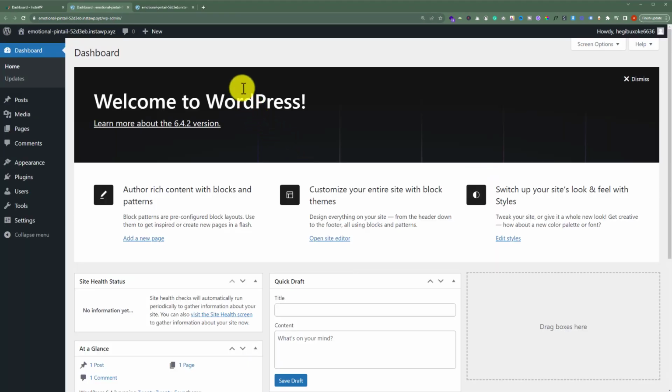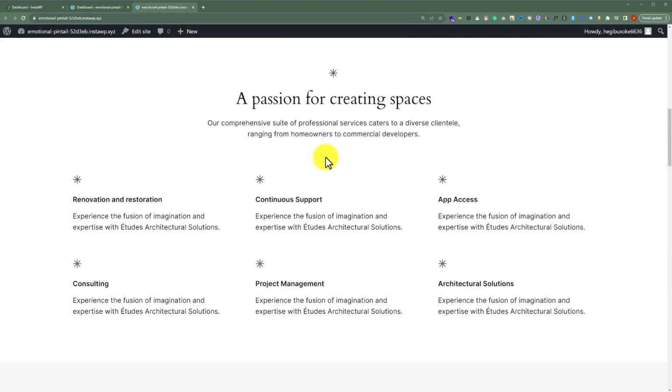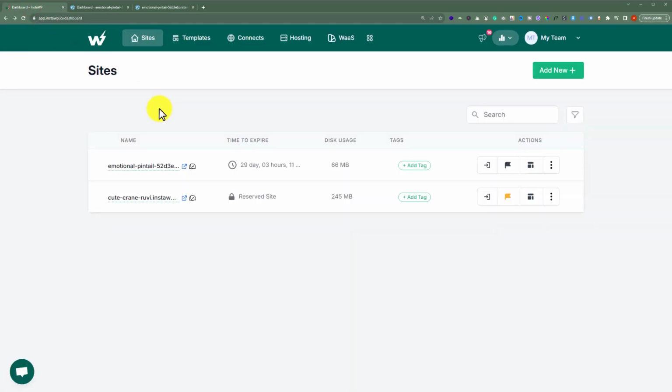So this is the simple WordPress website that we have just created within seconds using InstaWP. Let's check out the other features of InstaWP by creating a more advanced website. Now we are going to create our website using the configuration functionality. So we will go back to our InstaWP account dashboard, and again from the top we are going to click